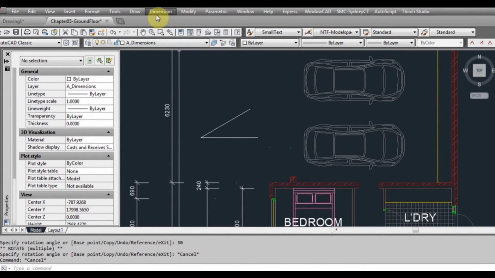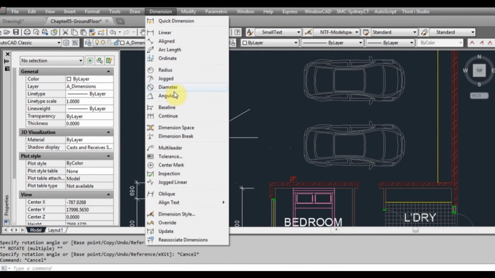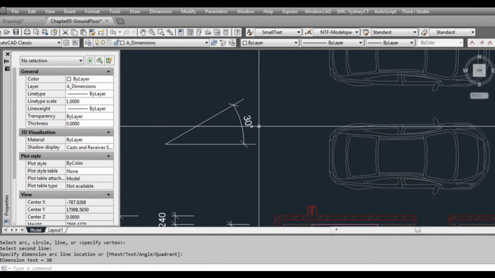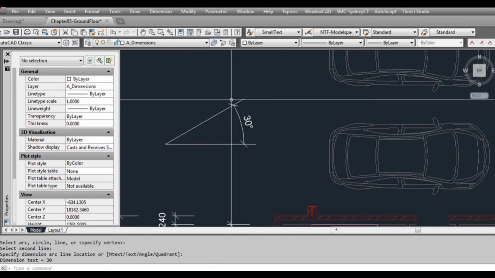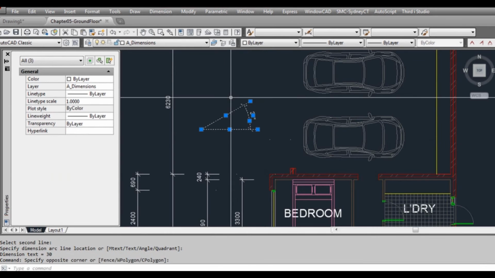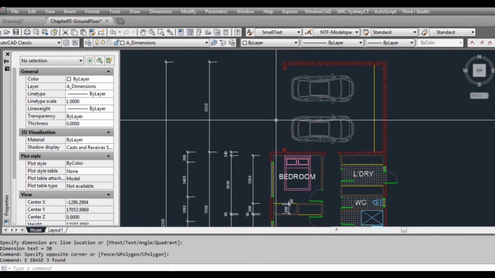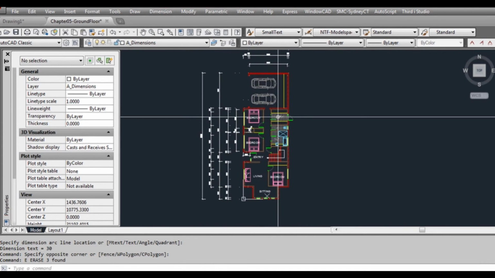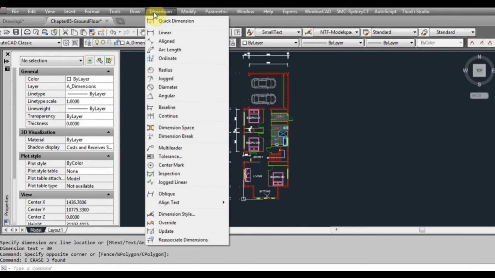Now we go up to our dimension, and we go to angular. We can select the first line, and then ask for the second line, and there you go, it's 30 degrees, just what I rotated that line at. And that's the basics of the angular. They're the main two that you probably use more than anything else, is the linear and the angular. There are other dimensions. I don't tend to find I really need to use them much. If you did want to have a look,